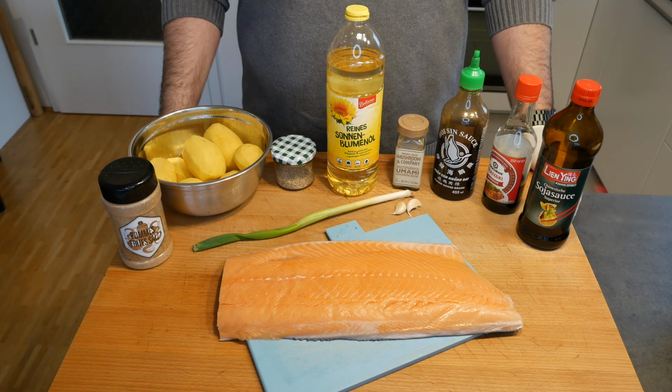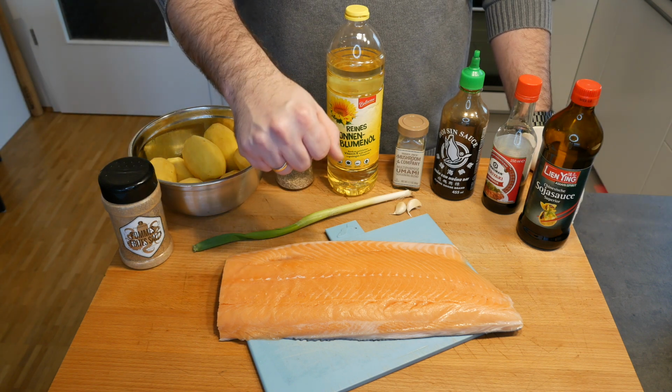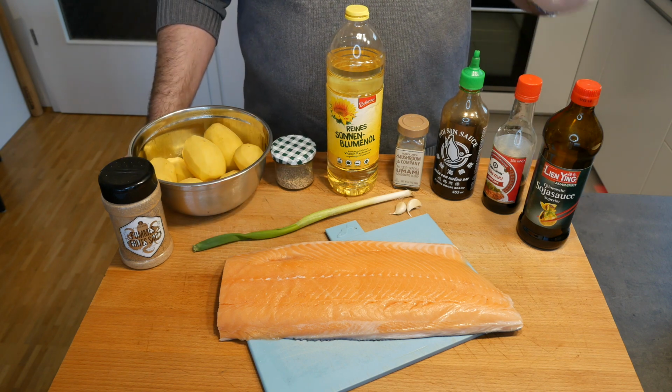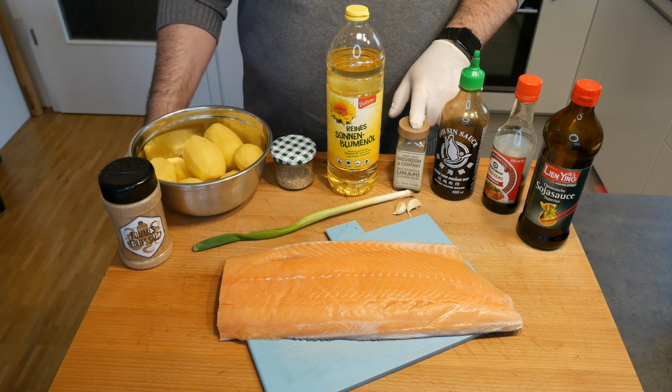And this is what we need for today. Now obviously we need some salmon, and this is roughly 1 kg of Norwegian salmon. You also need soy sauce, teriyaki sauce, hoisin sauce. I also like to use some umami. Now that is optional, but if you do have it, I think it just adds that little bit of extra